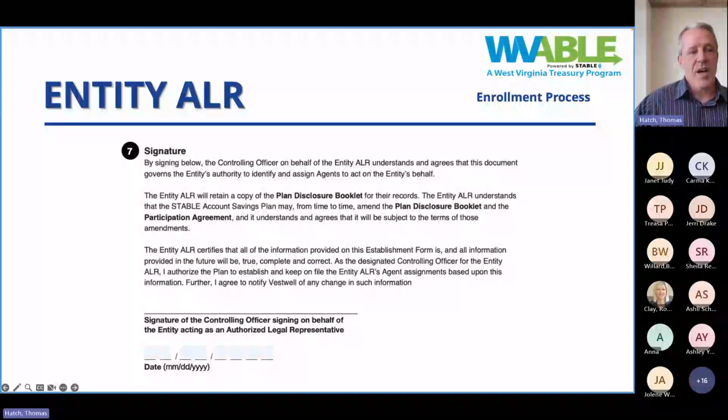So I would skip this page if you're filling out this form anytime within the next couple months. And then the final one is the signature page, where the controlling officer at the beginning of the application will sign and date it, send it in. The very first page of the application, by the way, on the right-hand side has multiple methods at which you can submit the application. You can mail it, you can fax it, and so forth.